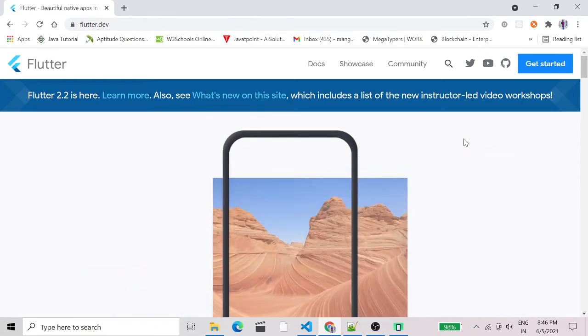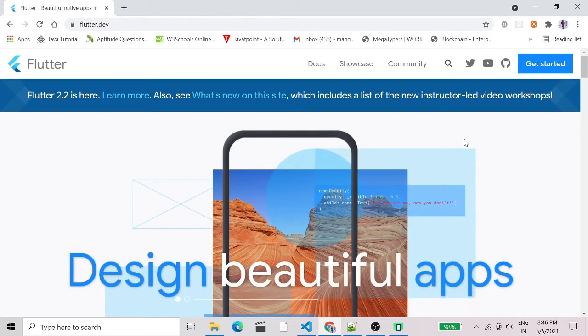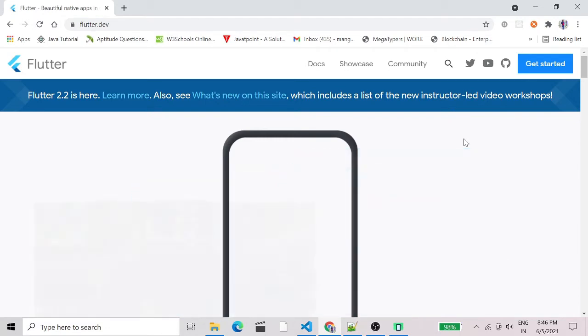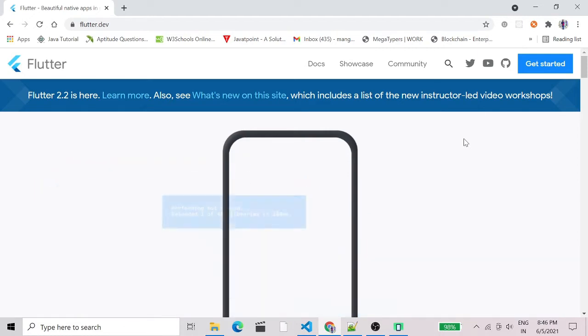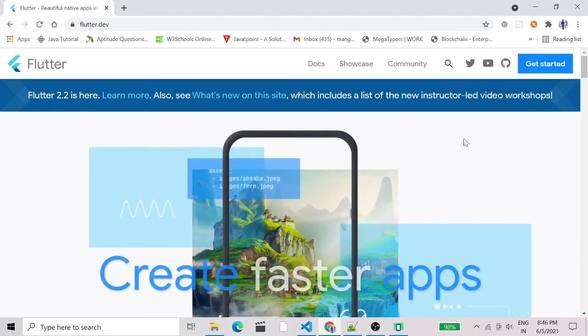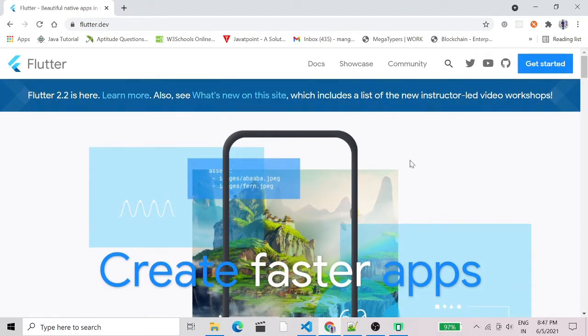In this video, we are going to discuss how you can implement this basic design in Flutter. Keep watching this video till the end so that you can get full knowledge of how you can implement any kind of design in Flutter in an easy manner. So let's start the video without wasting any further time.